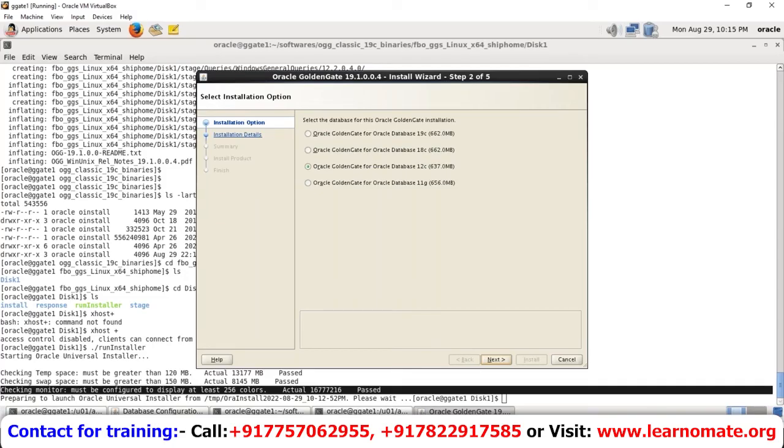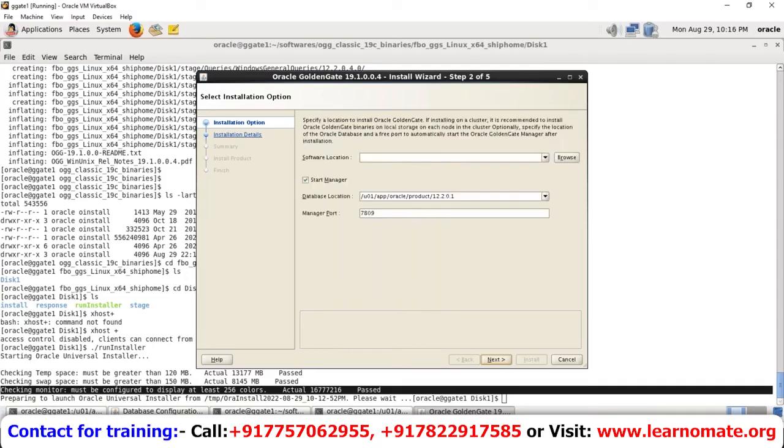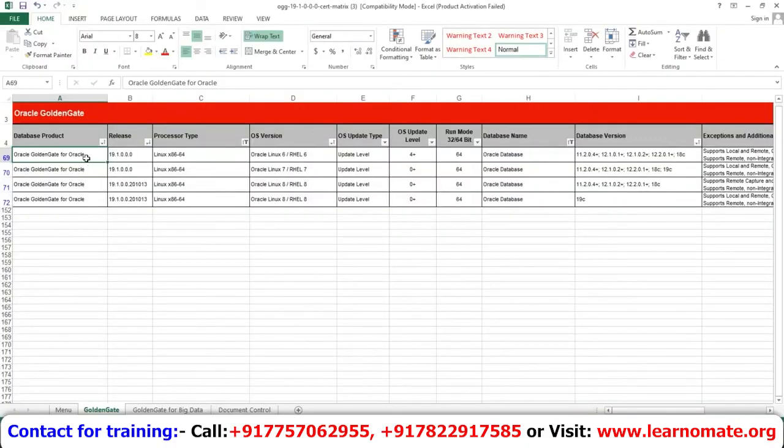Then on the next screen, it will ask me which GoldenGate you want to install this GoldenGate for. So Manjunath has a question: is it possible for GoldenGate to support multiple database versions? Yeah, we checked in the certification matrix, right? So this GoldenGate version. So the answer to this question, support part, guys, always will tell you, never ever